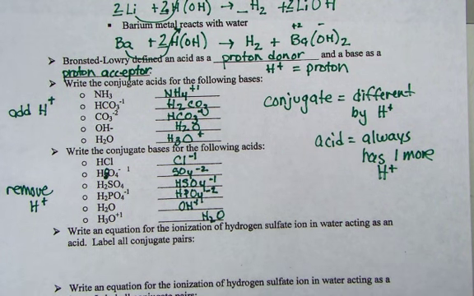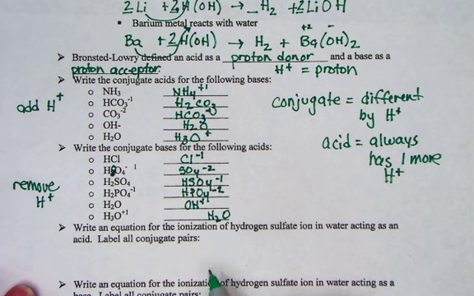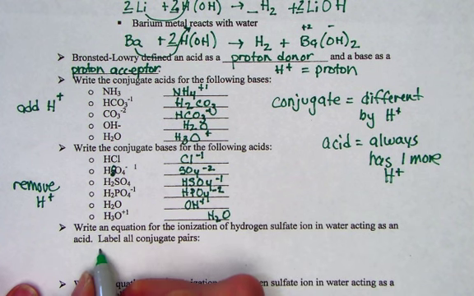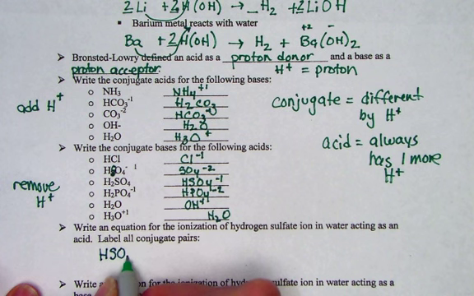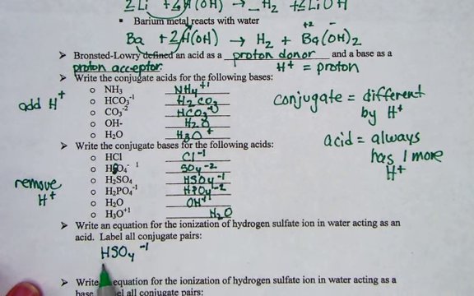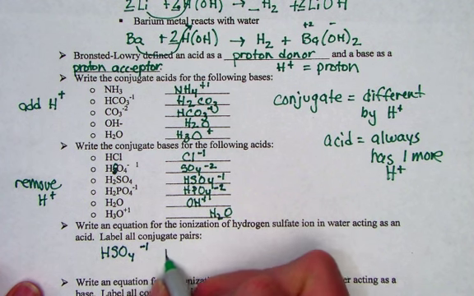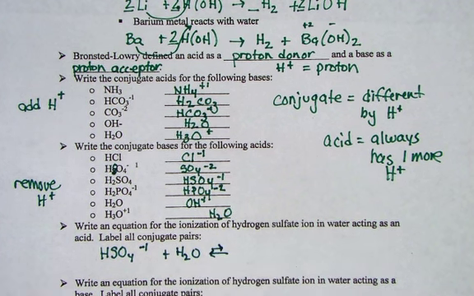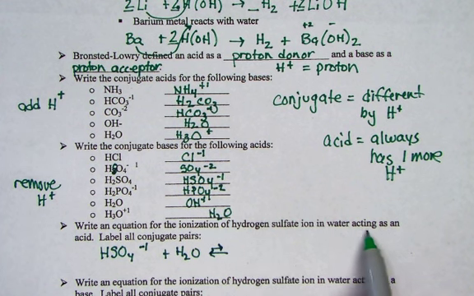Sometimes we're being asked to actually create the conjugate pairs. In the next example, we're being asked to consider the ionization of hydrogen sulfate ion in water. We'll begin by writing that polyatomic ion, hydrogen sulfate. Its formula, right off your polyatomic chart, HSO4 -1. And if we place that into water, we set up an equilibrium in which we can exchange the proton. Now in this example, it's acting as an